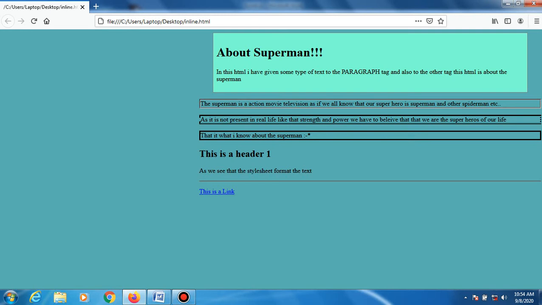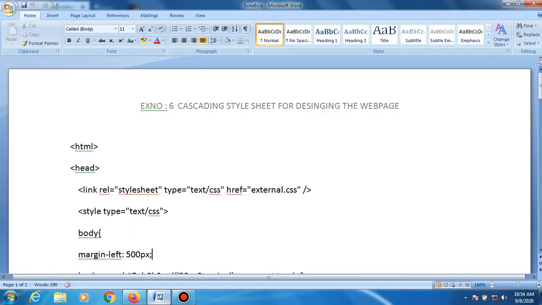We come to the point of how to create this cascading style sheet and what the source code of this is. We may see it on the screen.